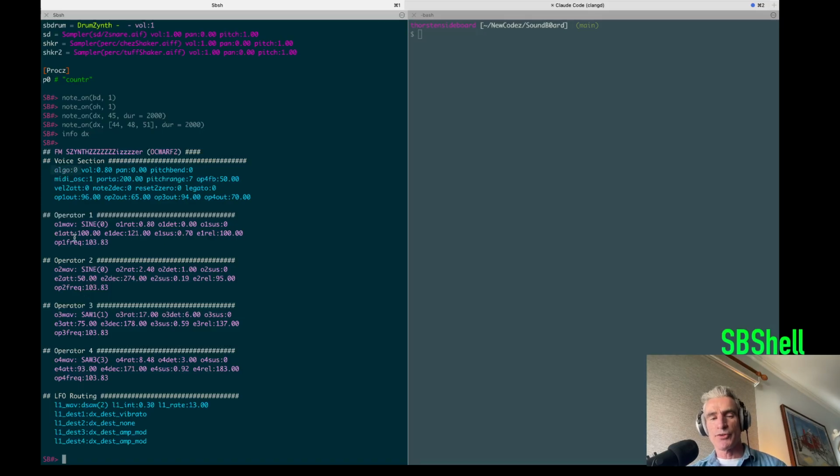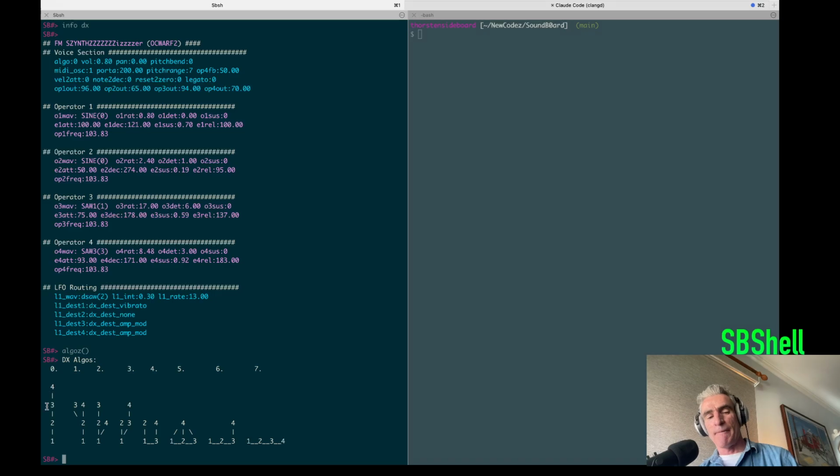The algorithm refers to how these operators are connected, whether they're connected in series, meaning operator 4 would oscillate 3, which would oscillate 2, and you can combine them in various ways. These are the standard DX100 FM synth algorithms. Just for reference, you can type it here, and I've got an ASCII version of it. So algorithm 0 was the one I described, where operator 4 oscillates 3, which oscillates 2, which oscillates 1. Algorithm 1,